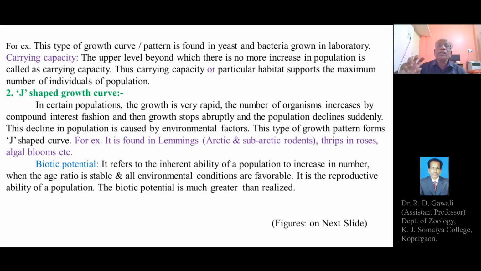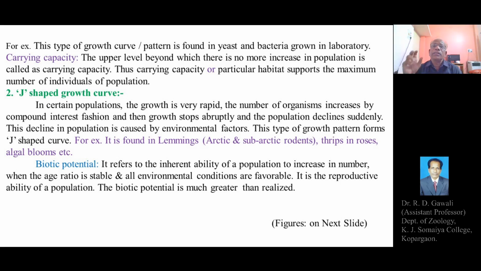The environmental resistance and the carrying capacity are the two terms which are related with the particular habitat having a certain type of resource, or having a capacity of providing food or oxygen or whatever